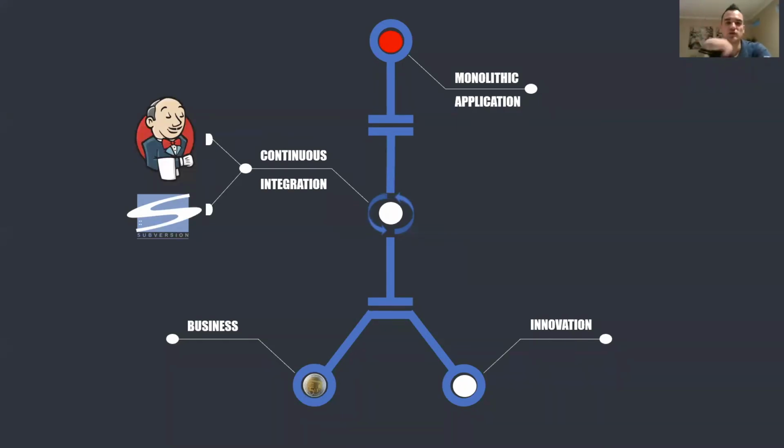So to do that, we had to start with ensuring everybody was committing to the same place, and that same place was being built every time a commit happened. So that was the sort of continuous integration principle. Once we had that, and we started seeing for ourselves that our builds were more reliable and more stable,